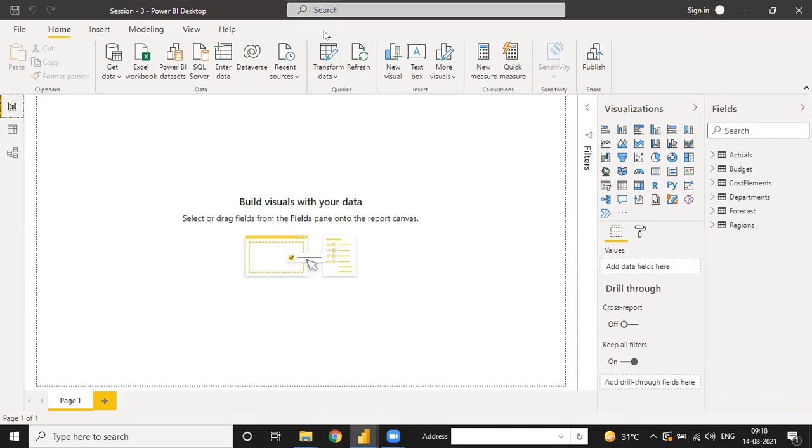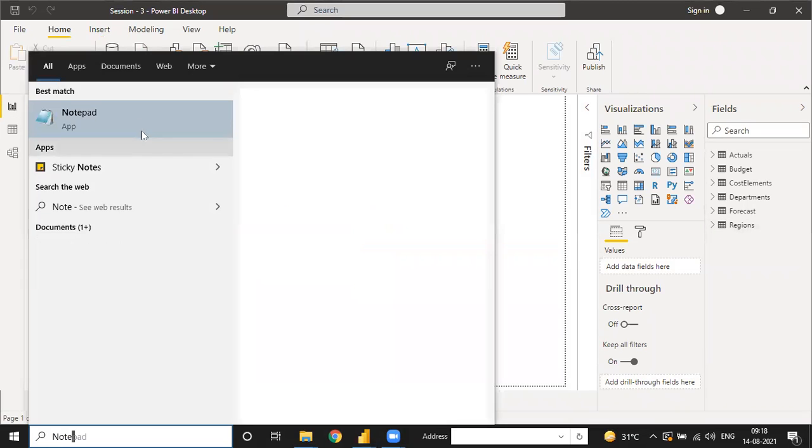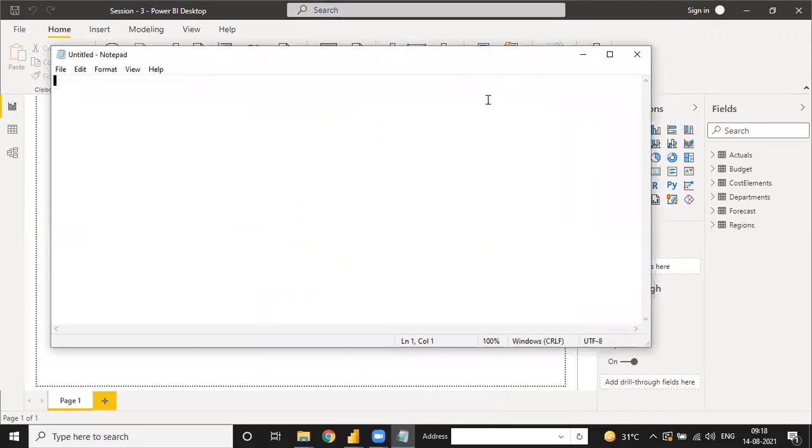Any doubt regarding file extraction? Today we are done with these files. In today's session, we are done with extraction of a simple file. Second, we are done with extraction of a CSV file.